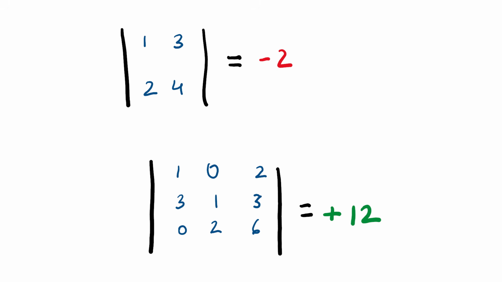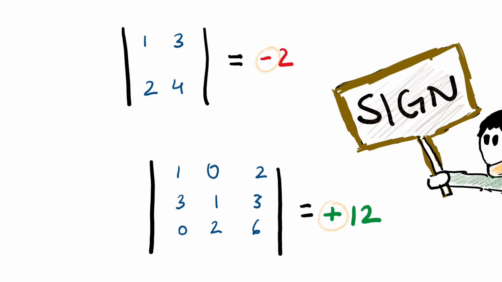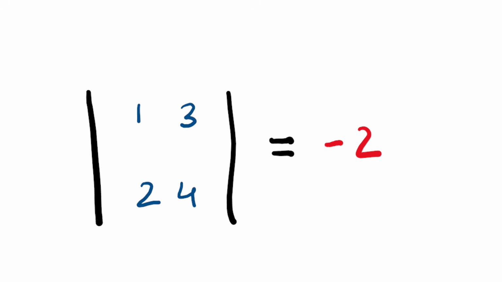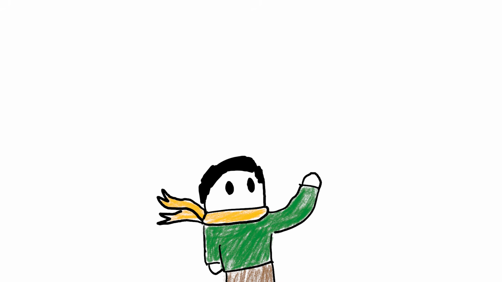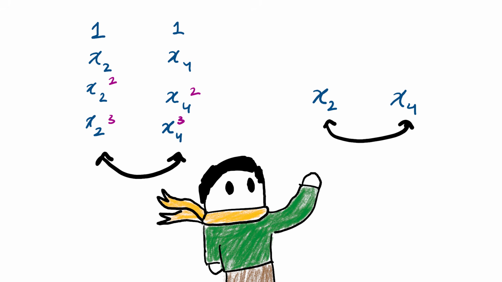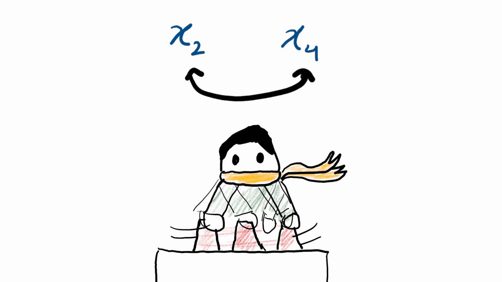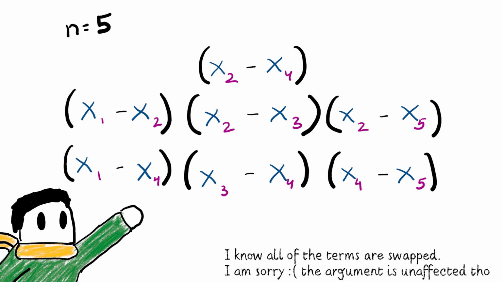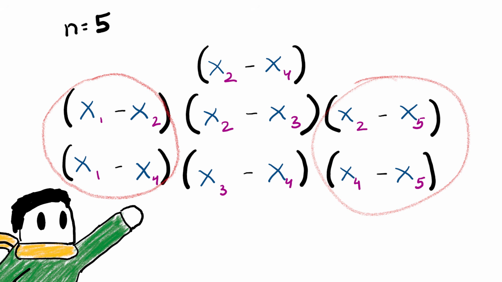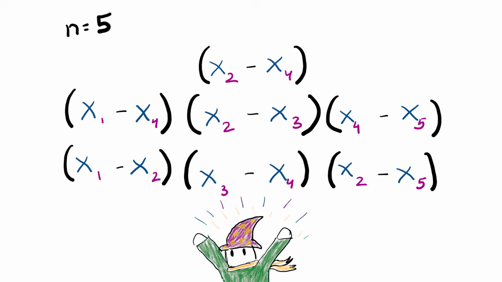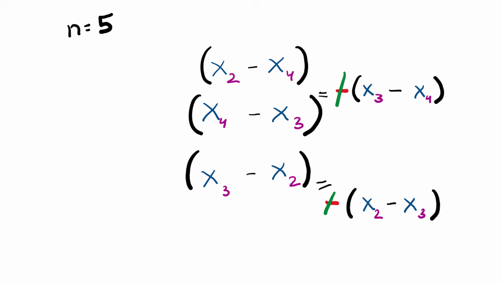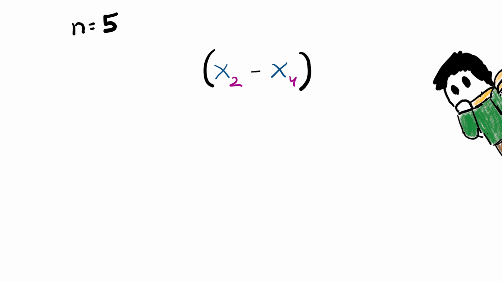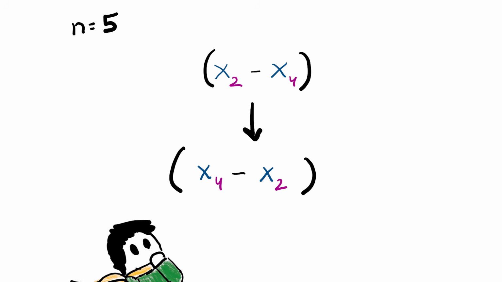Other than the value of a determinant, an important aspect is its sign. In general, when you swap two rows of the determinant, its sign becomes the negative of what you started with. In our case, swapping columns is the same as interchanging variables, which we can also see just with the formula. If I were to swap x2 with x4, then the only affected terms will be these ones. These terms swap with each other, so there's no sign change. This term becomes negative, and so does this term, leaving us with a net positive. So the only term that contributes to the sign is x4 minus x2, which becomes x2 minus x4, the negative